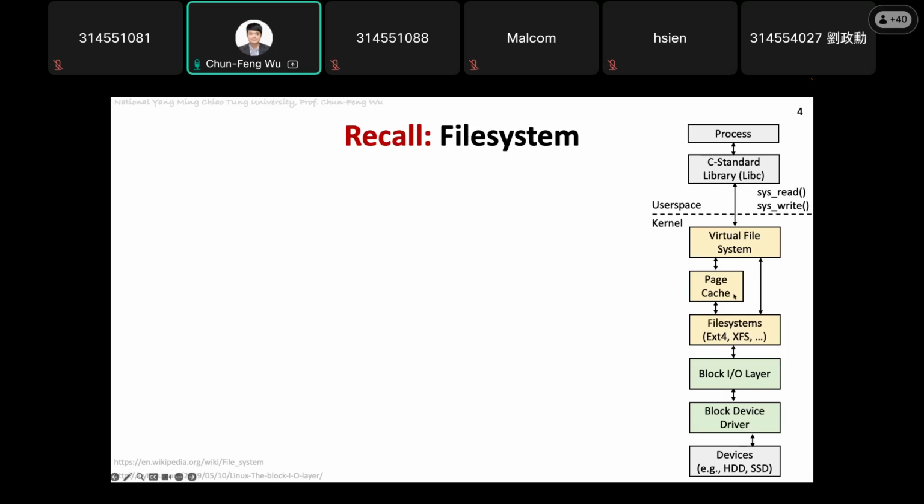So you can think about when we are going to read a file from the disk, for example, then if next time we are going to read the same file, if there is no